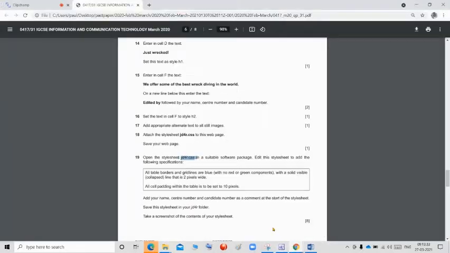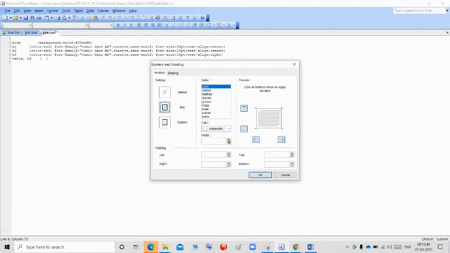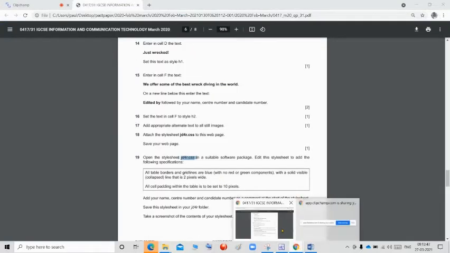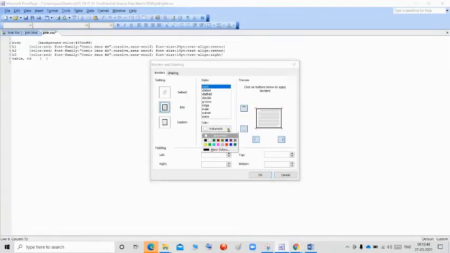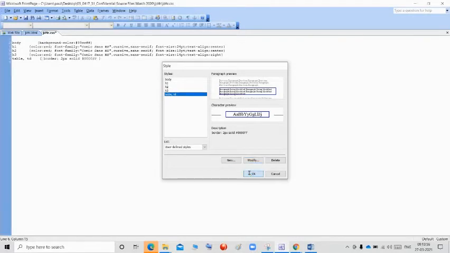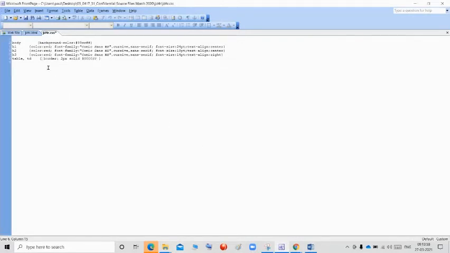See the question paper, they are giving solid visible with 2 pixels wide. After that, they are asking for blue color. So I'm going to give the blue color and click OK. See, we got the border 2 pixels wide, solid, and we gave the blue color.